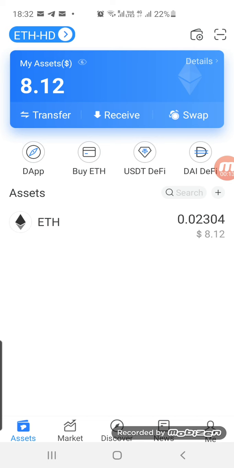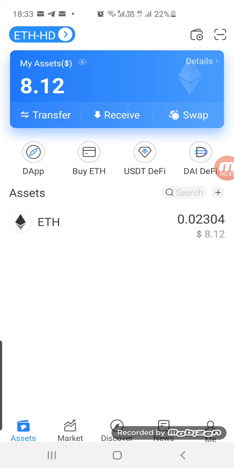In my last video, I showed you how to go to ZepPay, purchase Tron or Ether, and transfer it to your wallet. So when you open your Token Pocket wallet and click on ETH, this is what it will show you. Now, people who cannot buy Tron in ZepPay will have to buy Ether in ZepPay, transfer it to the wallet, and then convert it into Tron.